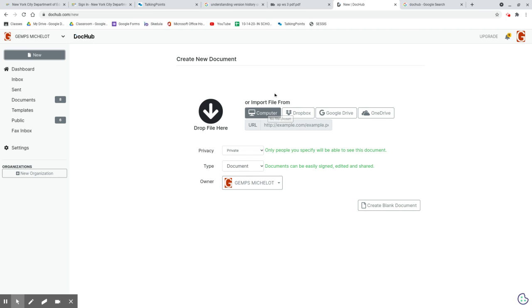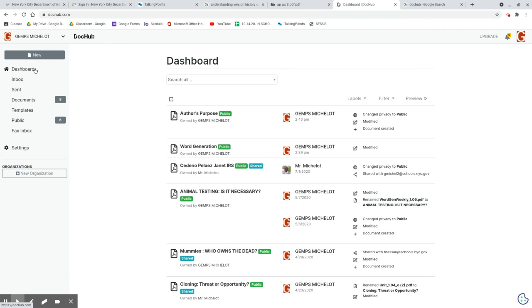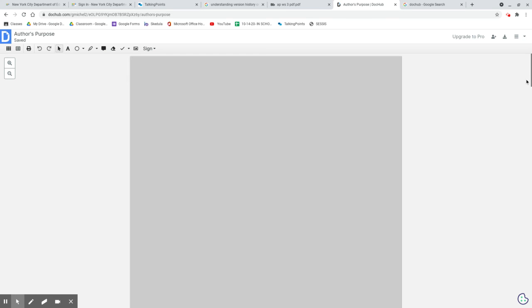And once they're able to work on it, you can tell the students afterwards to share it with you. All they would have to do is simply go to this section